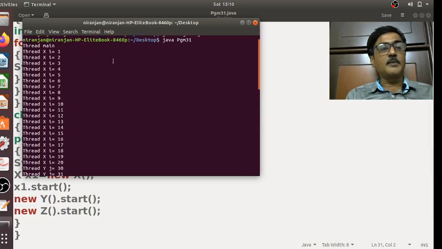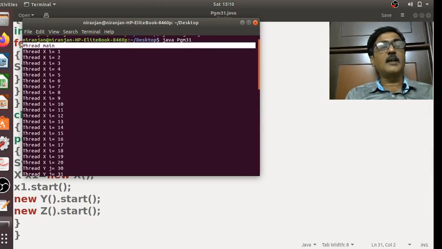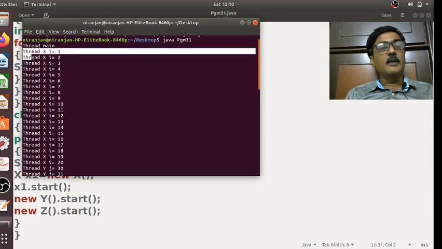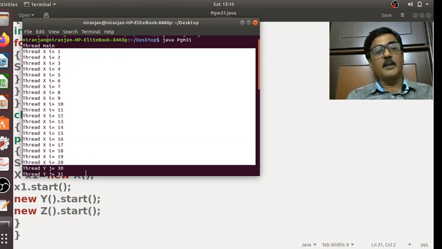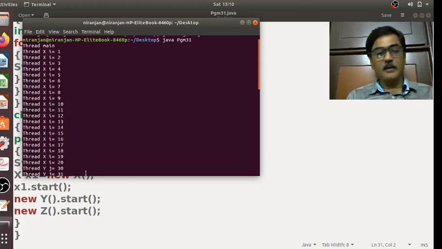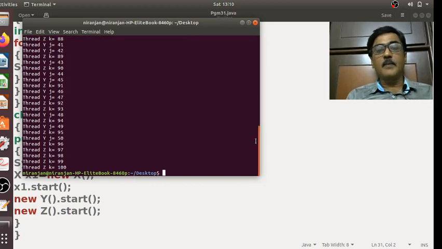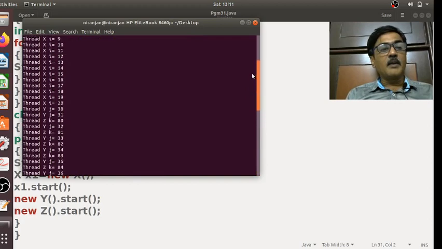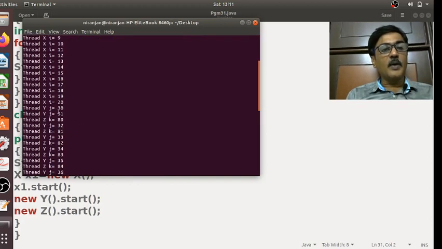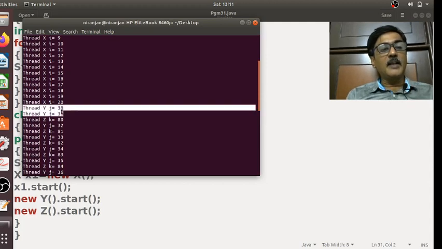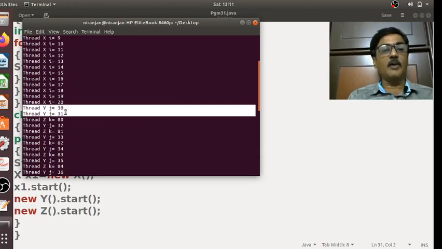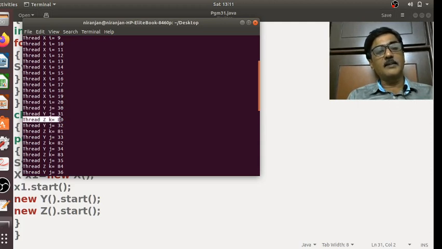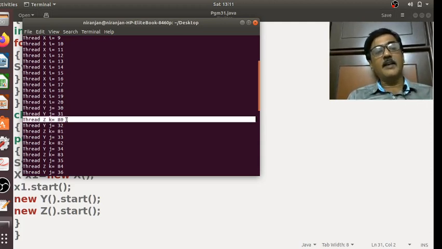Here you can observe that first the control has entered the main thread, then it has taken up the execution of thread X. It has completely executed thread X. Then it has taken up the execution of Y. It has not completely executed Y. After just displaying two values, that is, after iterating that loop for only 2 times, it has taken up the execution of the third thread, that is Z thread, and it has iterated that loop once.